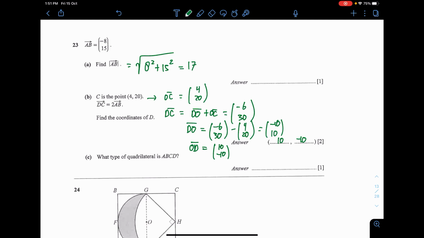What type of quadrilateral is ABCD? This is a 1-mark question. You can try to draw it, but I think it will be a very long way to do it. What we know is the information they give us. DC and AB are parallel. So think about it, DC is here, and AB is maybe here, and not only that, DC is twice the length of AB. Meaning that if they are parallel and one of them is longer than the other, this is the characteristic of a trapezium.